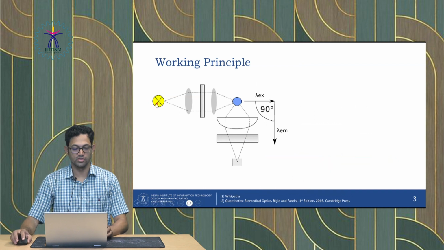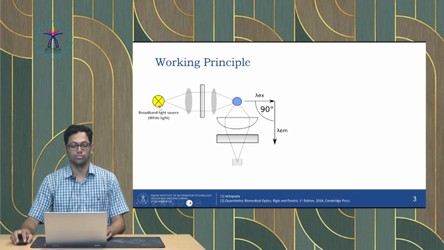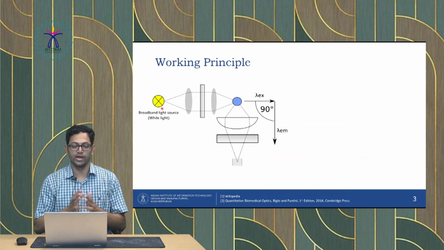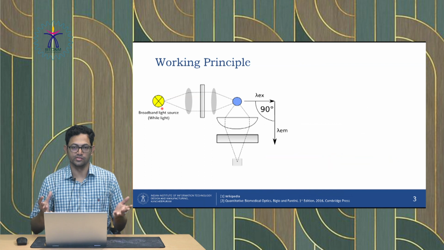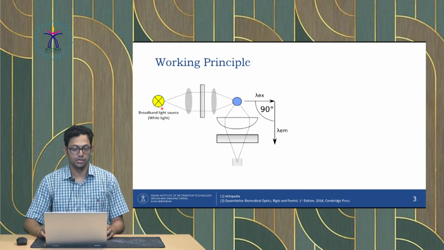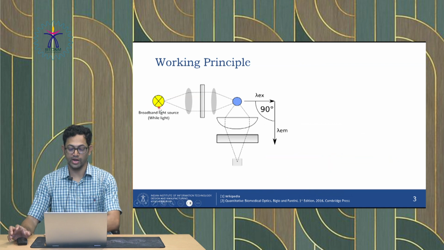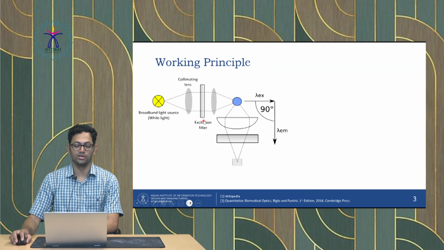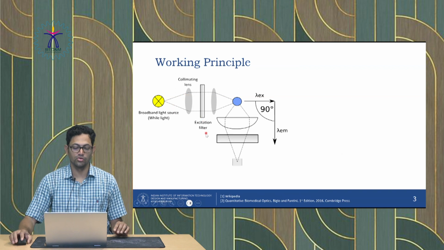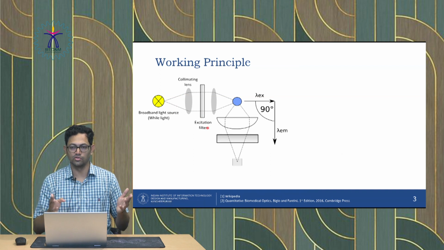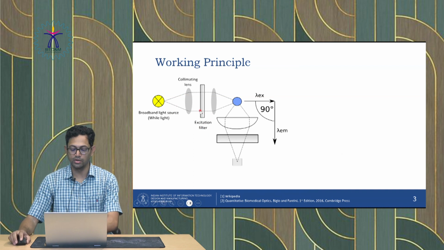The first thing that you have is a broadband light source. Either you can have a broadband light source, or now people are making a narrowband light source as well, for example LEDs. So, for example, if you're using a broadband light source like a halogen lamp, you use a collimating lens and an excitation filter. Even if you are using an LED light source, you still use the excitation filter because you want light from a very narrow band to pass through and interact with your sample, right? So you have an excitation filter here, and then you focus your light using a focusing lens